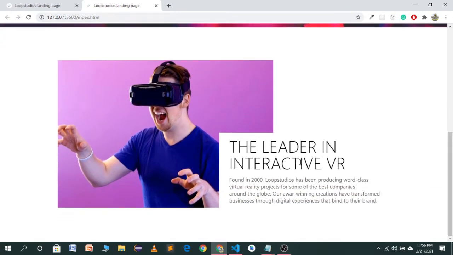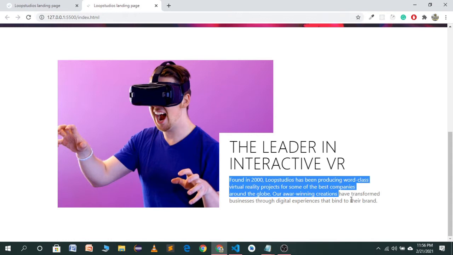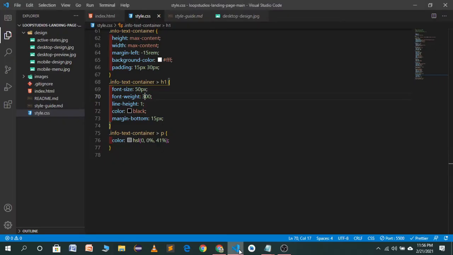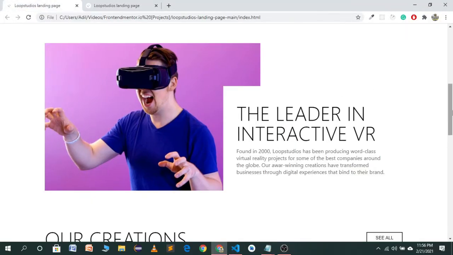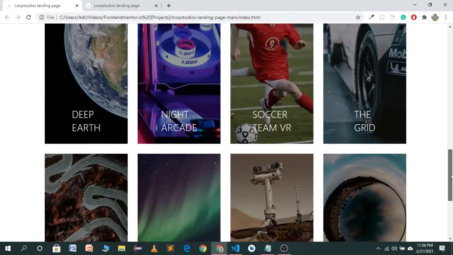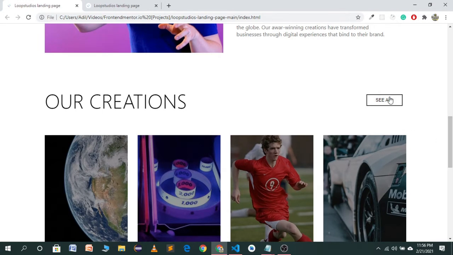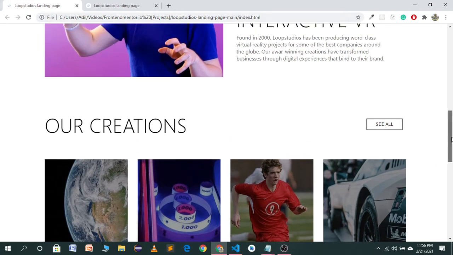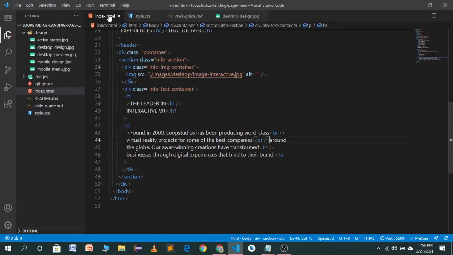We have an image and the card like design where we have a heading and this beautiful looking paragraph. So the next part is where the magic begins. As you will see in the demo, we have this amazing part and this eye-catching design. This part of the build is quite amazing. Now you will see how we will build this part of the design. Let's go to our index.html file.